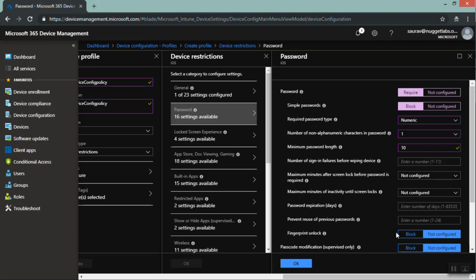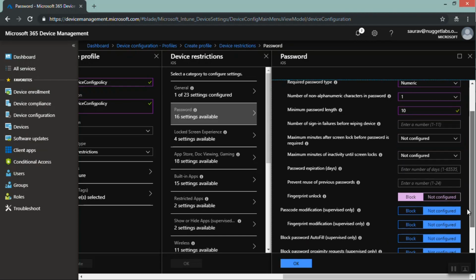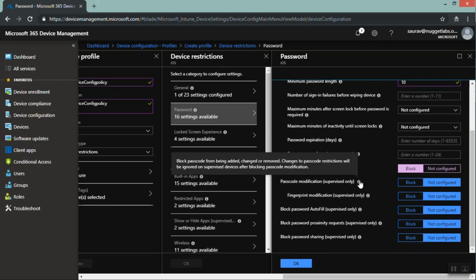And then fingerprint unlock, we can block it, or passcode modification, I don't know what exactly this is. Block passcode from being added, changed, or removed. Okay,